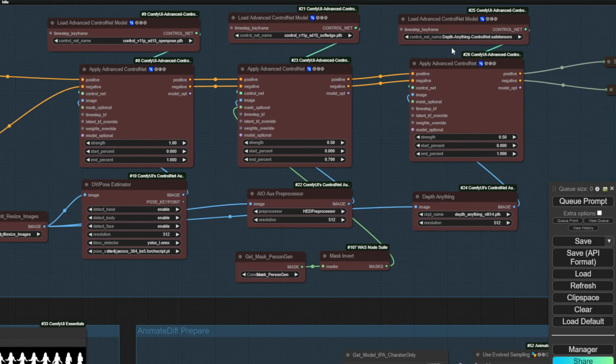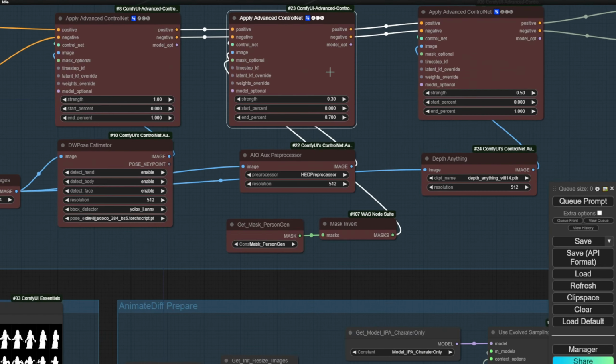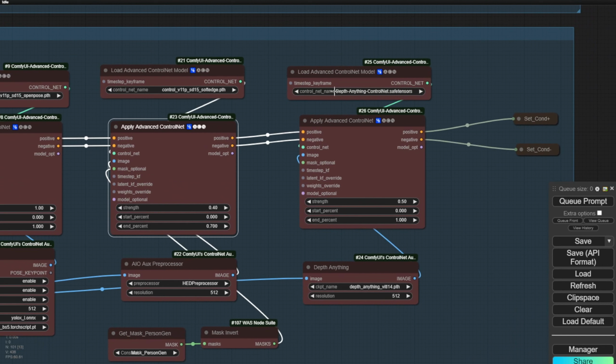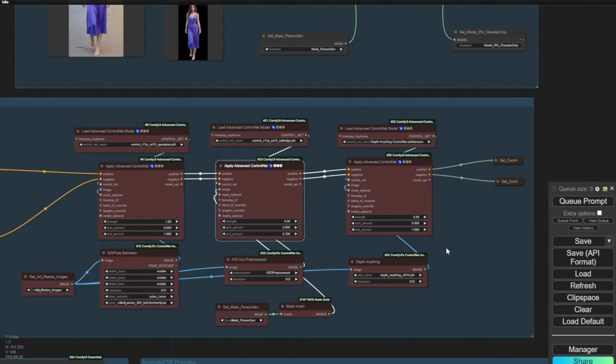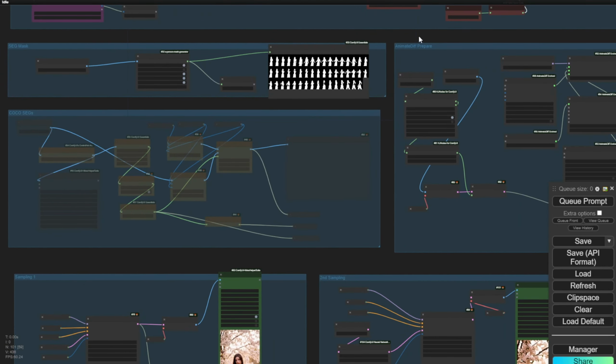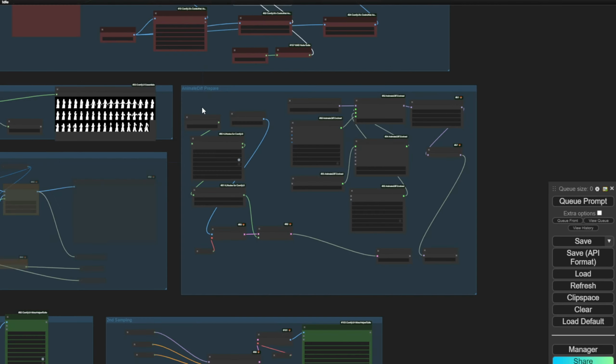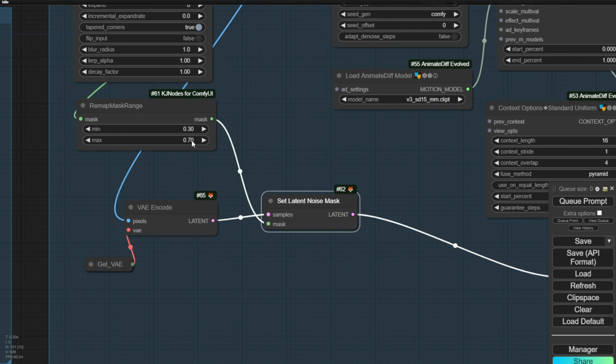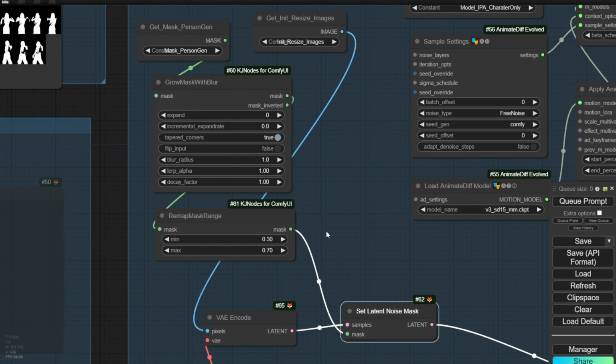You can always change the settings in here to play around with it. Sometimes you want to do it lower. If you can do it like 0.3, that'll be less influence on the overall character's soft edge, but I like to go in the middle of things to just test it on the first try, and then we use the depth anything here. I don't put it fully to 1.0 on the strength here, so we pass the conditions to our Elementive. Next one is getting the mask. From here, we do the grow mask and blur mask, and then remap those ranges. Set it in the apply latent noise mask. And again, you can always test these numbers around. Like I don't prefer you go to like 1.0 or something. Just start testing with 0.7.